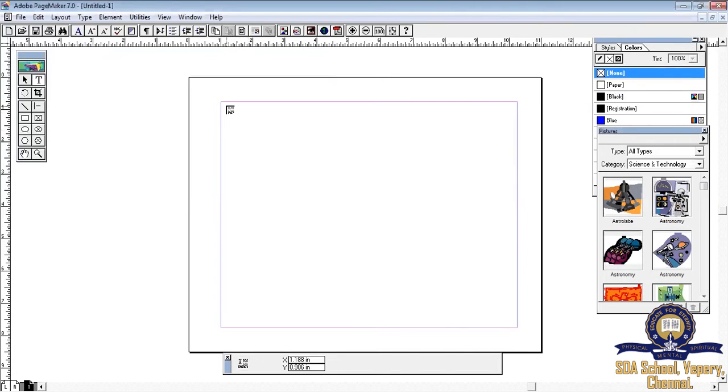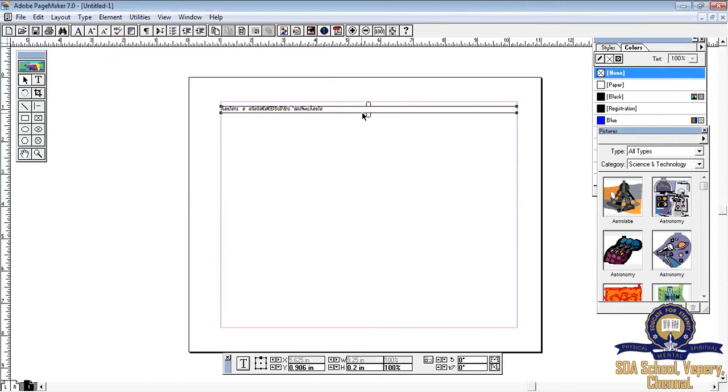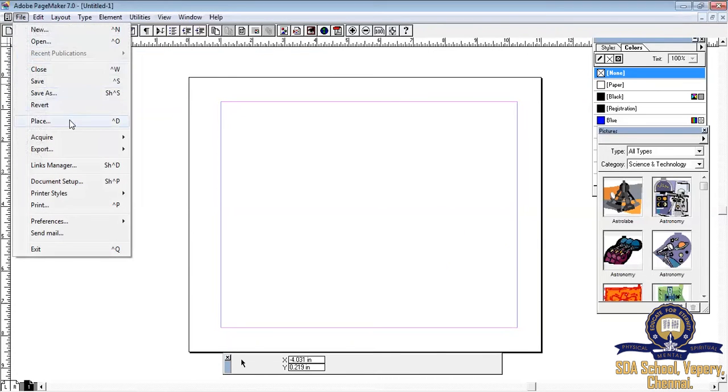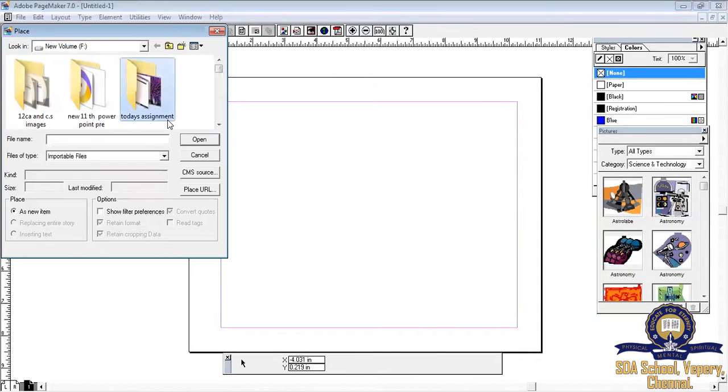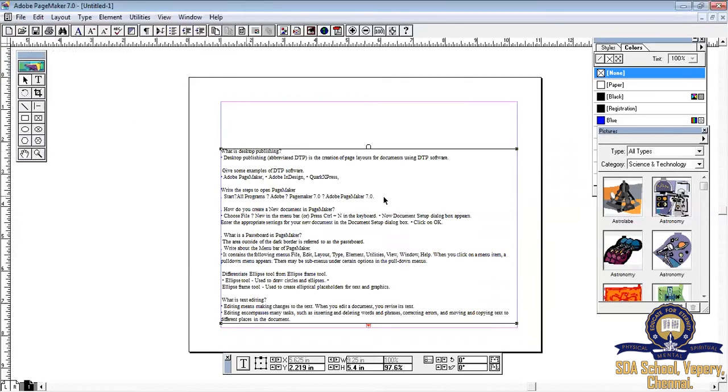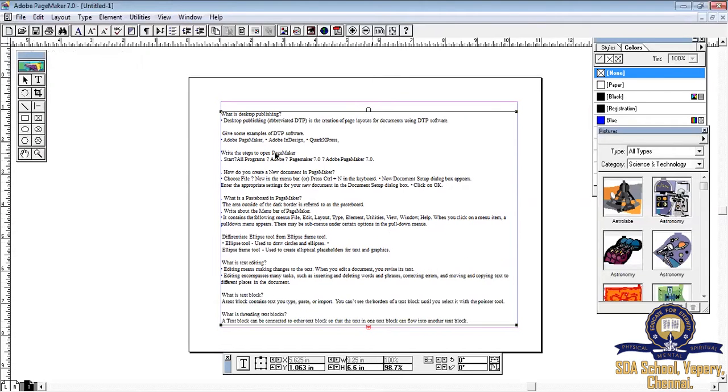Click anywhere in the page. Go to the file menu one more time. Choose place. Choose your file option. Right. Now I have placed the text of file 1 in my Adobe PageMaker window.